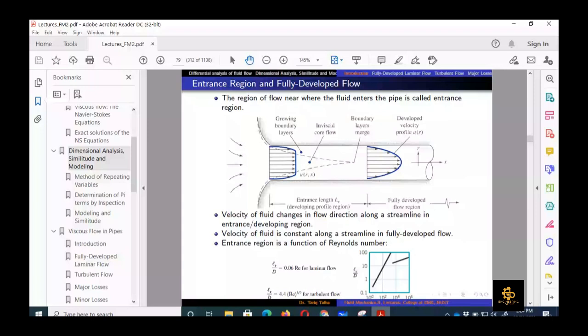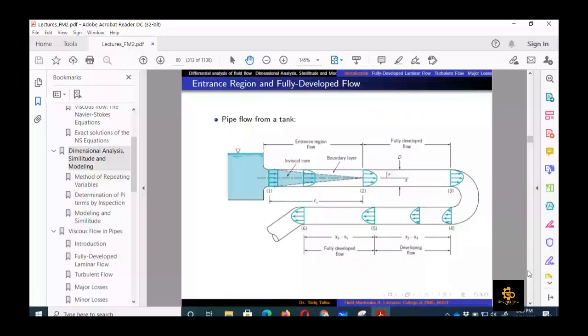We calculate the entrance region in the laminar flow and turbulent flow. This is only a straight pipe which we have shown in the diagram, but an actual system can be quite complex. We can see in this diagram that the water is being taken out of this reservoir and then travels along X for a certain length, and there is a U-turn and then it comes down. Once it enters the pipe, for a certain length there is an entrance region, right? And after that entrance region, we have fully developed flow up to the start of